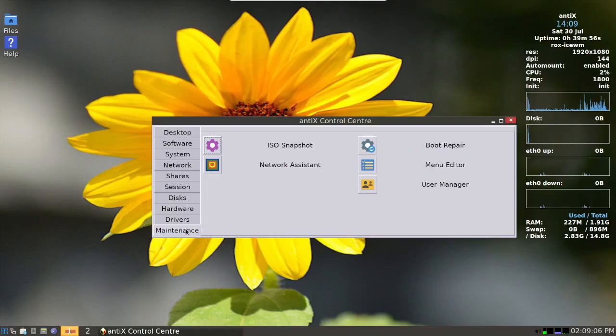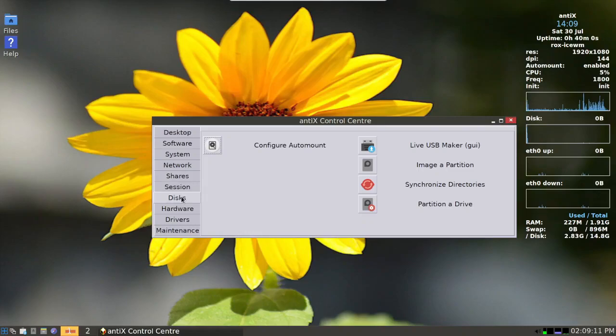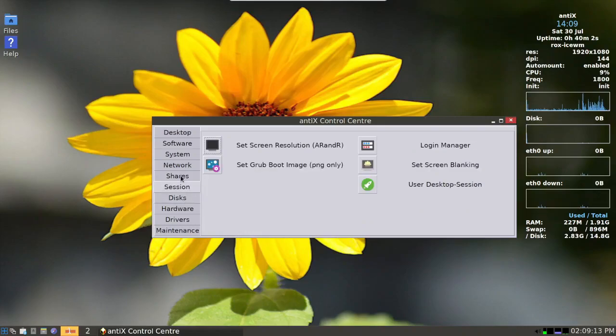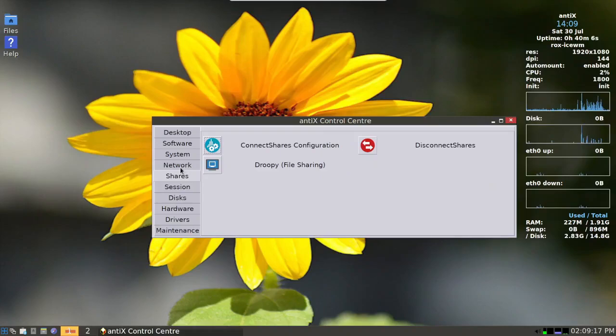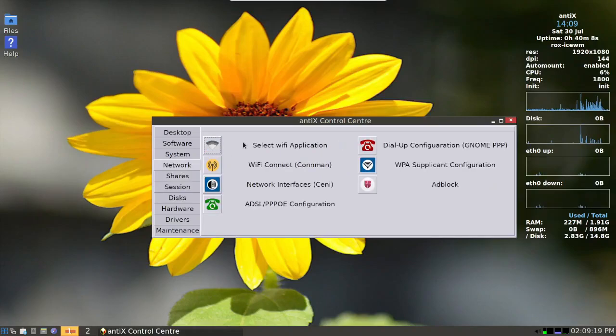I don't understand. I mean, you'll have to get used to it. They don't have that option to make it double click. Actually, now that I think about it,